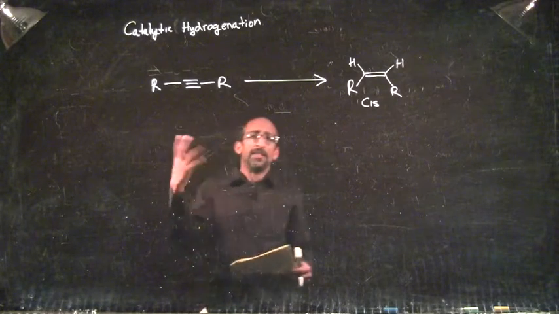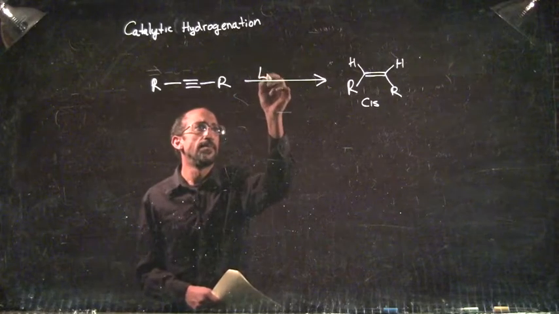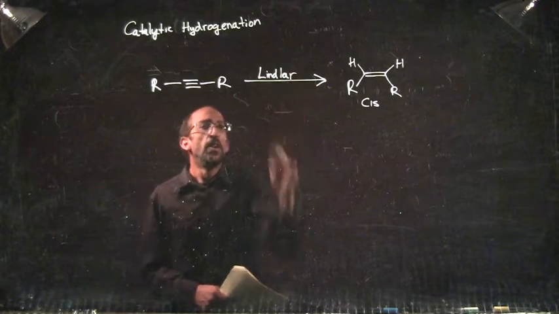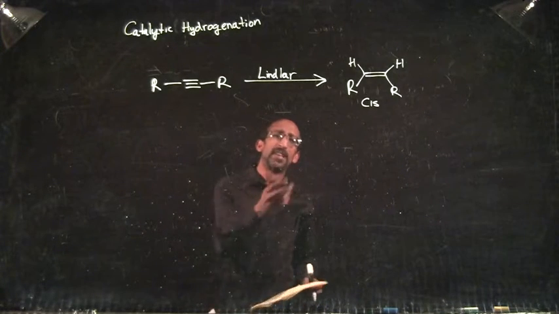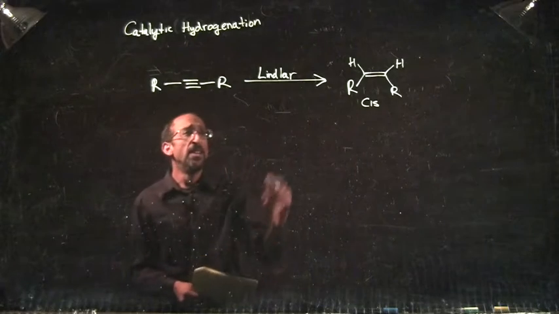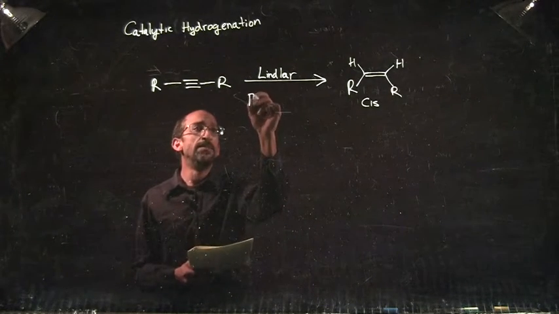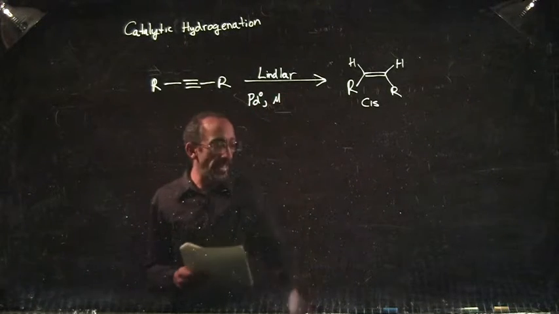Well, there was a famous chemist named Lindlar who developed a modified form of a palladium catalyst that allows us to do this. So the modified form is palladium 0 mixed with barium sulfate,